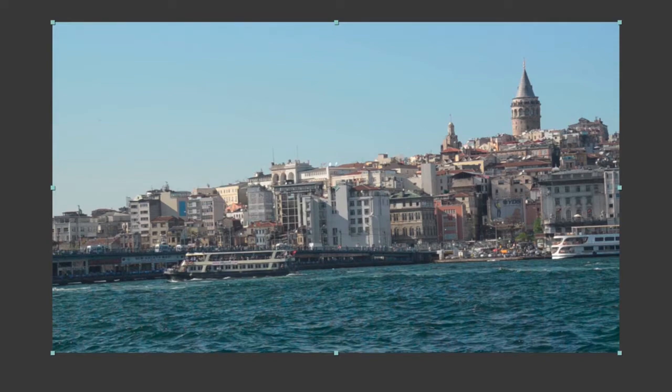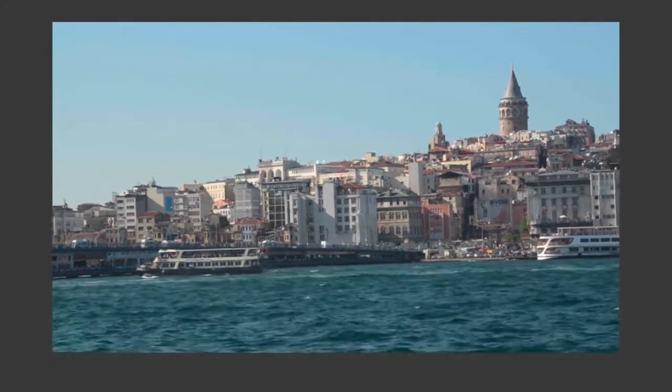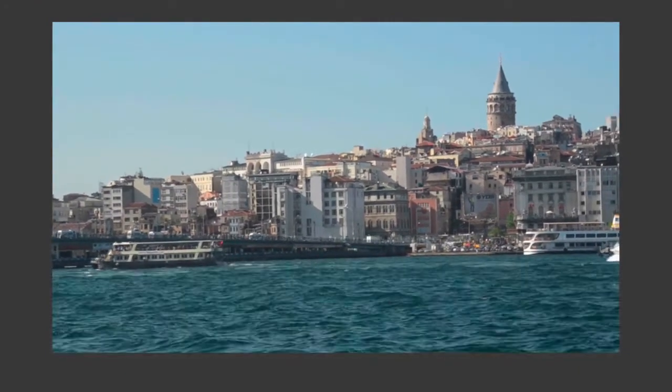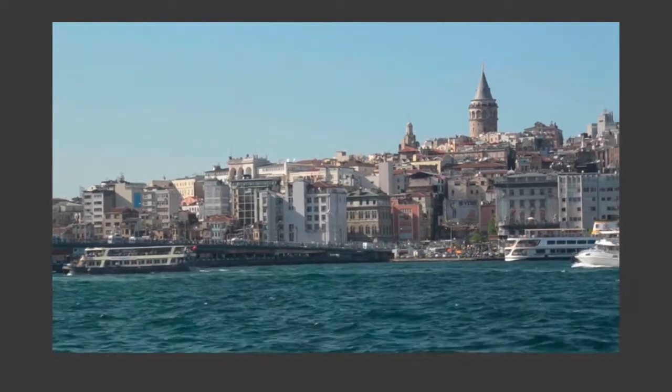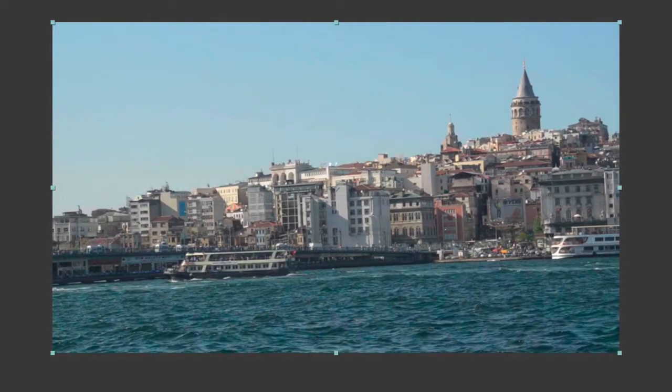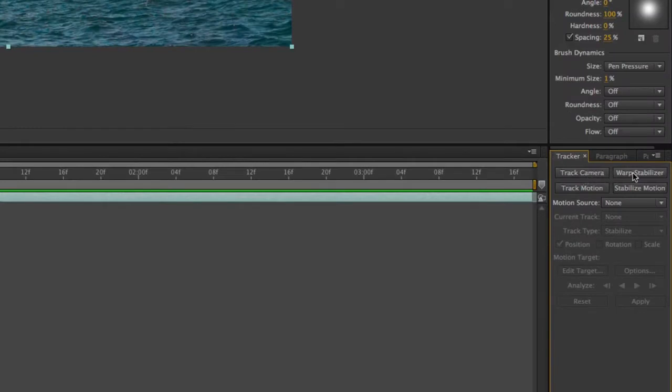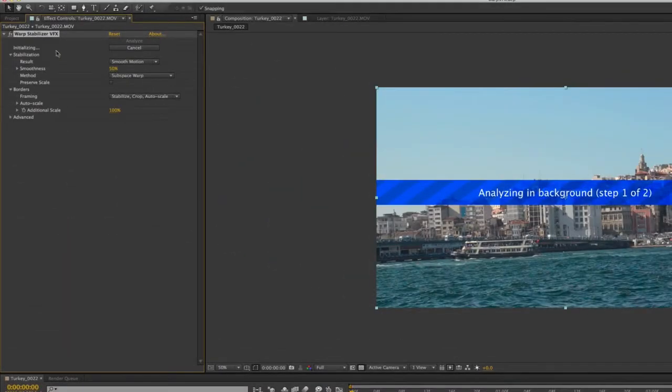So if I come into my scene here and preview it, you'll see I have a scene that's handheld and it's a little bit shaky. So let's take a look at what the warp stabilizer effect will do. If I come into the tracker panel and I hit warp stabilizer, you'll notice it applies a new effect called warp stabilizer VFX. So I'm going to let that analyze, and then we'll come back to see all the new